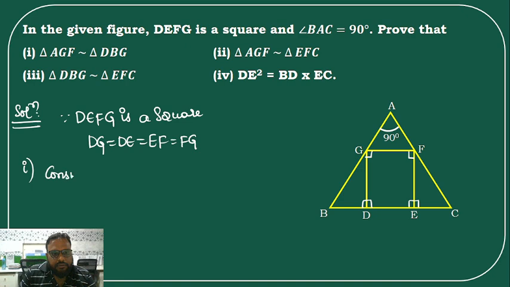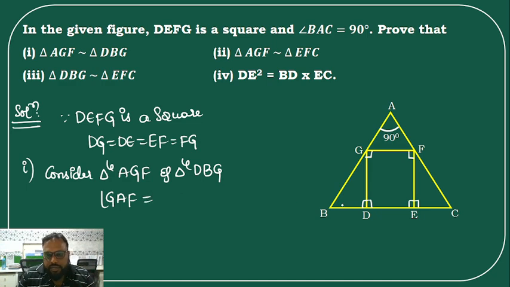Consider triangle AGF and triangle DBG. Let us consider these two triangles AGF and DBG. Now, if you check this here, it is clearly given that GAF is 90 degrees. So angle GAF is equal to angle BDG. Both are 90 degrees each. And since it is a square, this angle here and this angle,